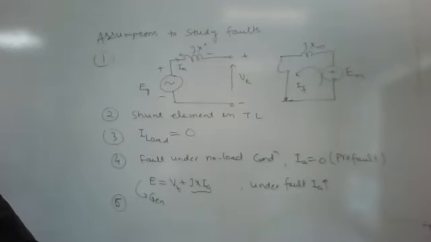If there is any short circuit, the supply current IM equals 0. It means the magnetizing current is 0, so there will be no excitation. Hence, we can say the induced EMF will be 0 under faulty condition. Therefore, the induction machine is neglected in fault analysis. However, in a generator, the speed is constant. Therefore, the frequency is also constant under faulty condition.